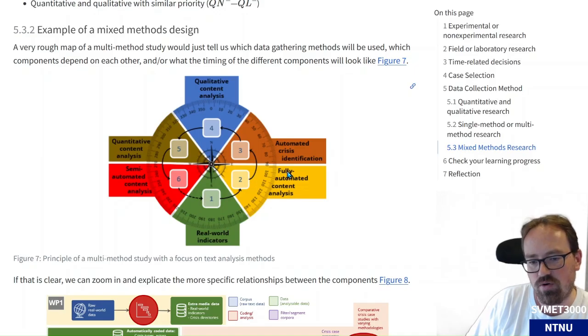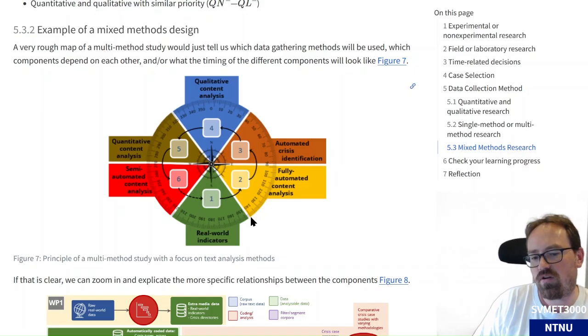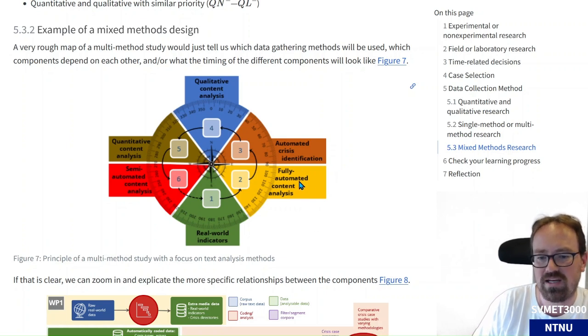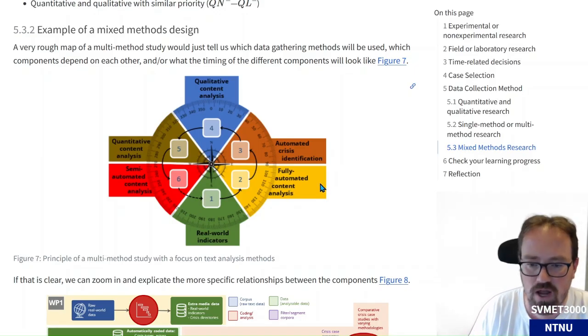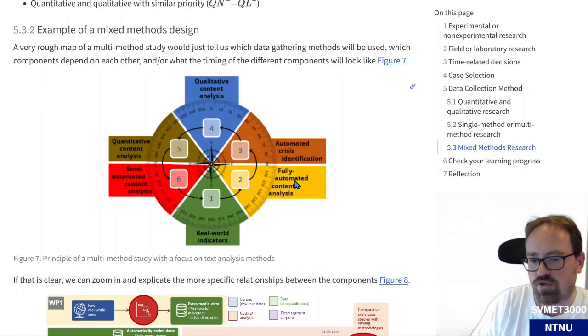Then in the second component, we use fully automated content analysis on a very large corpus of texts. So that's basically all news, all articles from the newspaper we are studying that has any crisis reference in it. That's 187,000 articles, if I remember correctly. And those are treated just by the computer. The computer will try to identify the major topics, the main actors, and so on in these articles without human